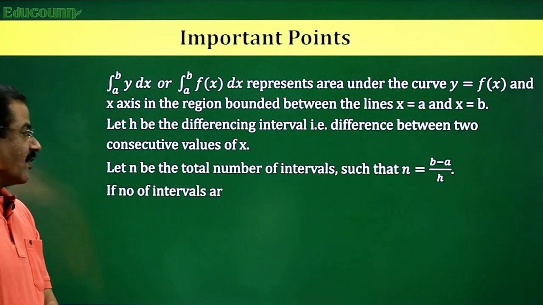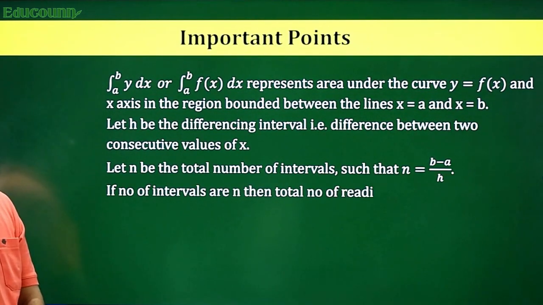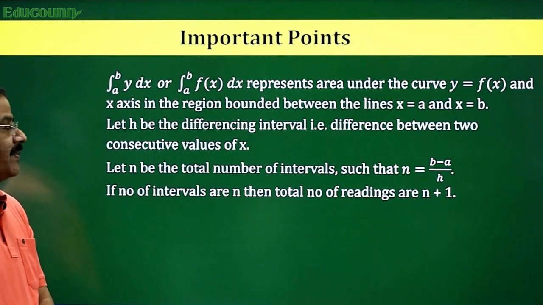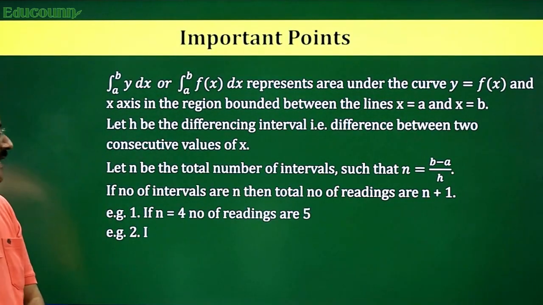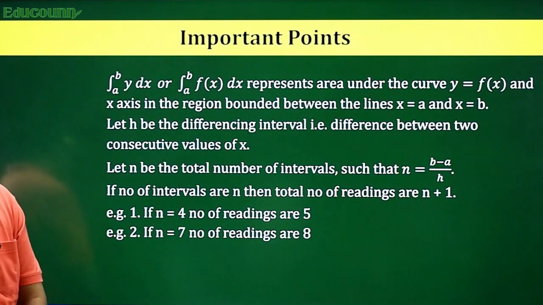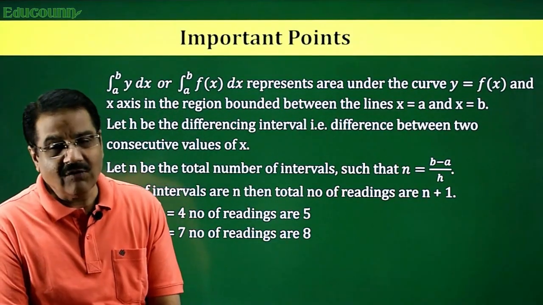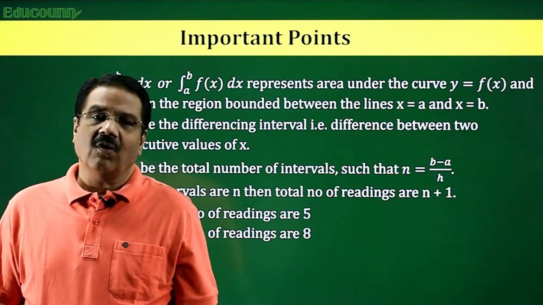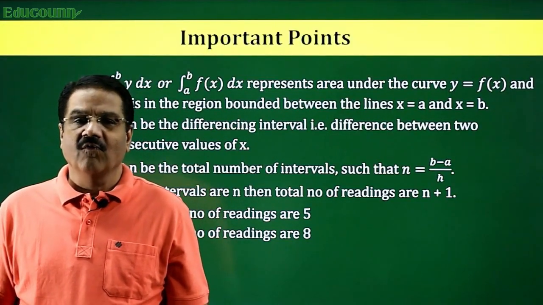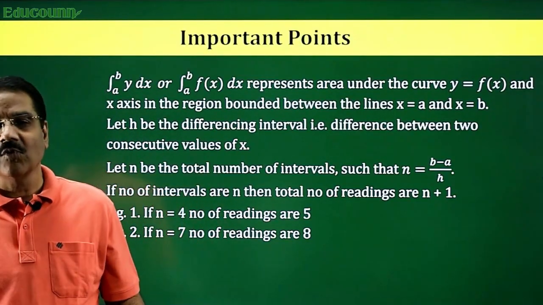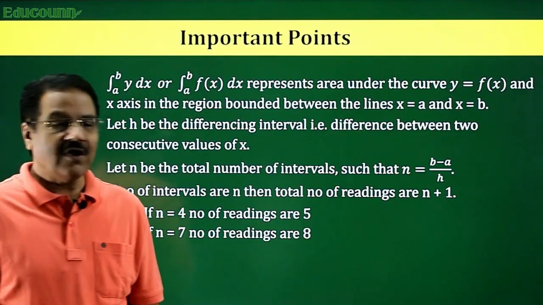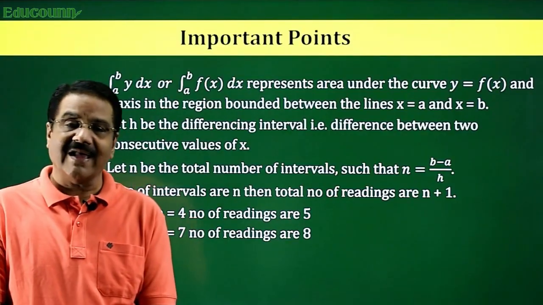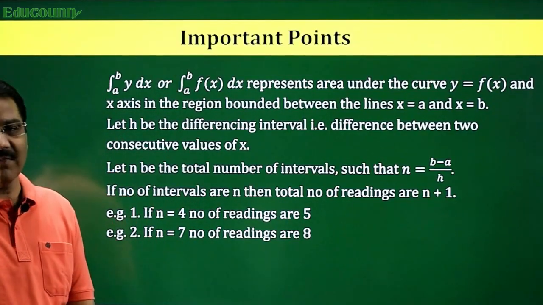Now if the number of intervals is n, then the total number of readings of y is equal to n + 1. For example, if n is equal to 4, then the number of readings is 5. How is the number of readings 5? For example, y0, y1, y2, y3, y4, these are the total number of readings. Now if n is equal to 7, the total number of readings of y is 8, that is starting from y0